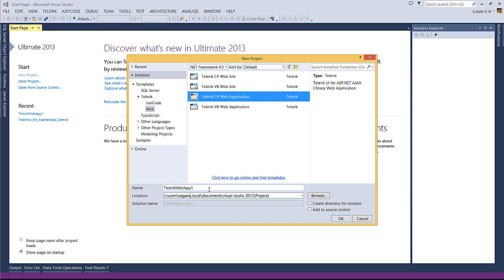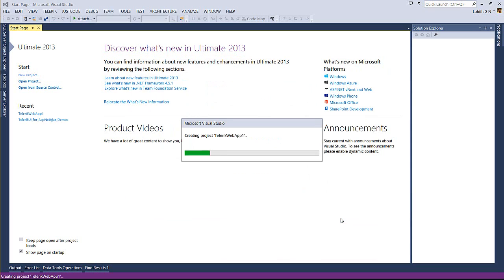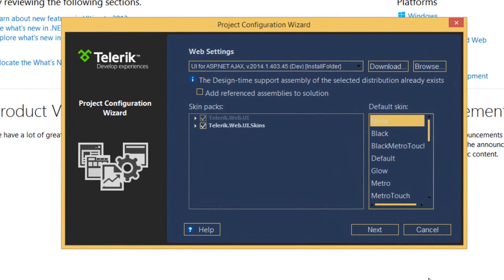Give it a name as Telerik Web App 1. To pick a location, select the Telerik C# web application, then click on OK. What this is going to do is Visual Studio is going to create the project. Our project template will kick in, and then it's going to ask you a couple of things. First and foremost, it has detected that I have the UI for ASP.NET AJAX version 2014.1, and you will see